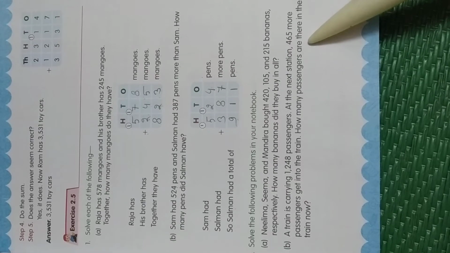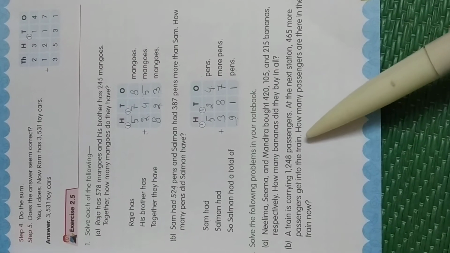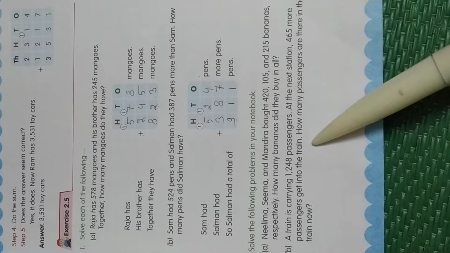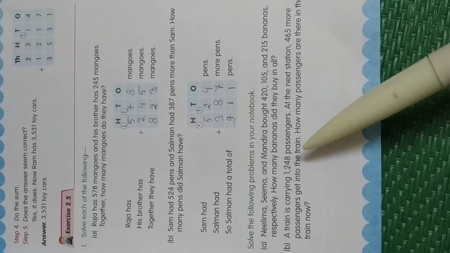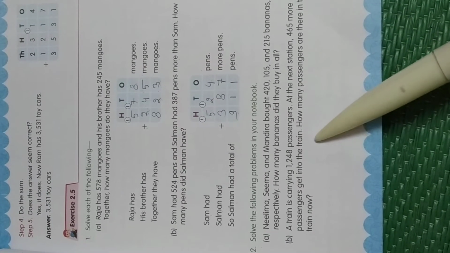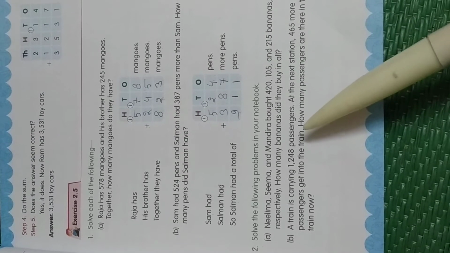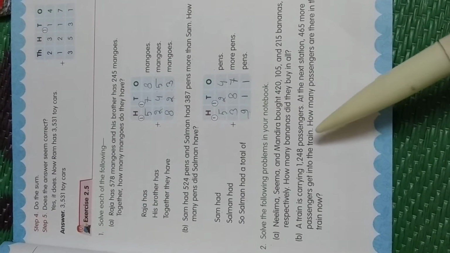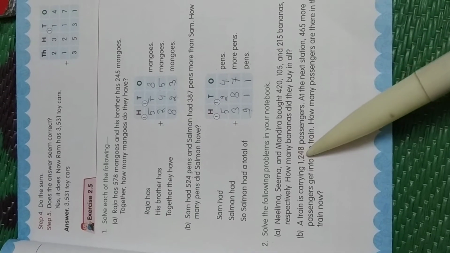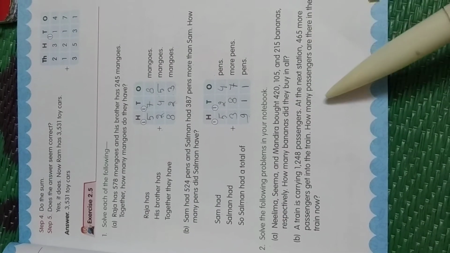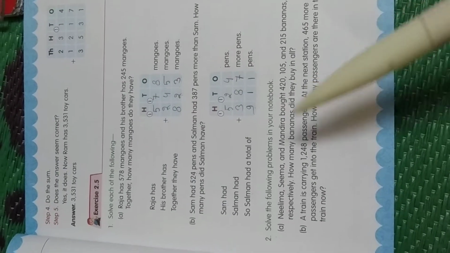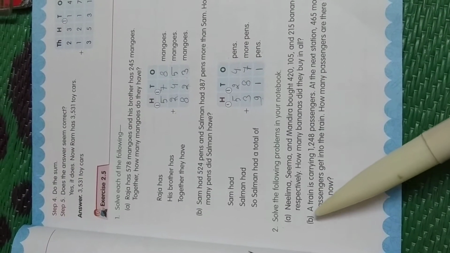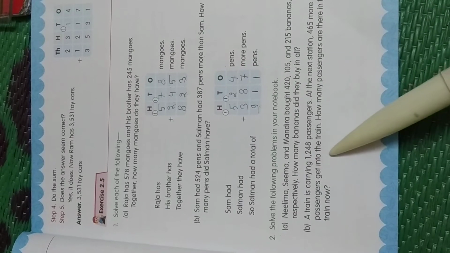So now you can understand this question. So you can do this question. This is your homework. You have to do this question. You have to try at least. If you can do this question, you can do. This is very simple. You have to add this number and this number and you get your answer. Okay, so you have to do question number B. You can do this.